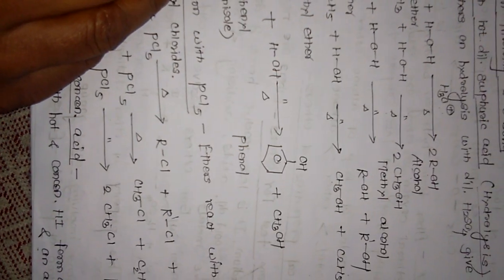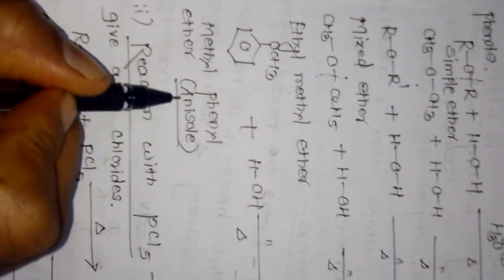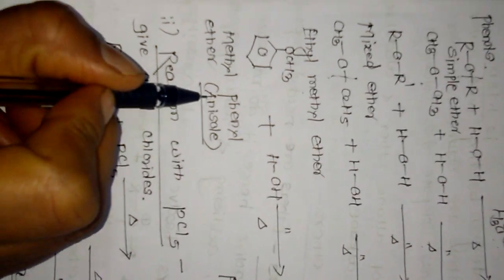This is the example of an aromatic ether, methyl phenyl ether. Commonly it is known as anisole. A very good example of an aromatic ether. When acid hydrolyzed, it forms phenol and methyl alcohol. Here this bond breaks. H goes to form CH3OH and this OH attaches here to form the phenol.